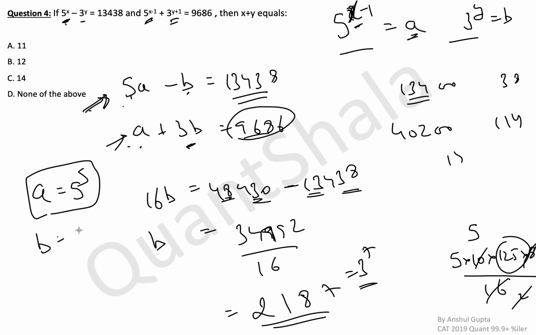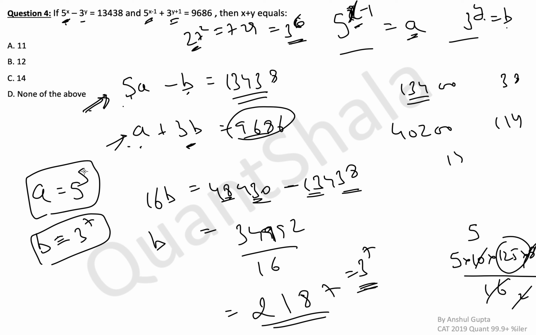So we know that B is 3 raised to power 7. How do I know it is 3 raised to power 7? You don't need to memorize all of this. I know that B has to be a power of 3, and I know that 2187 divided by 3, just keep on prime factorizing and you'll get 3 raised to power 7. Or simply, we know that 27 squared is 729, which is nothing but 3 raised to power 6, because 27 is 3 cube. And then for 2187 you throw in another 3, it becomes 2187. So 2187 is 3 raised to power 7. This is just my way of calculating this. You can do it whichever way you want.